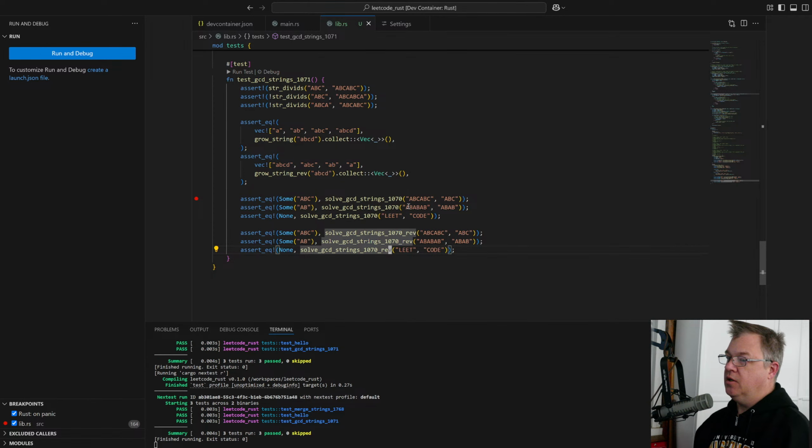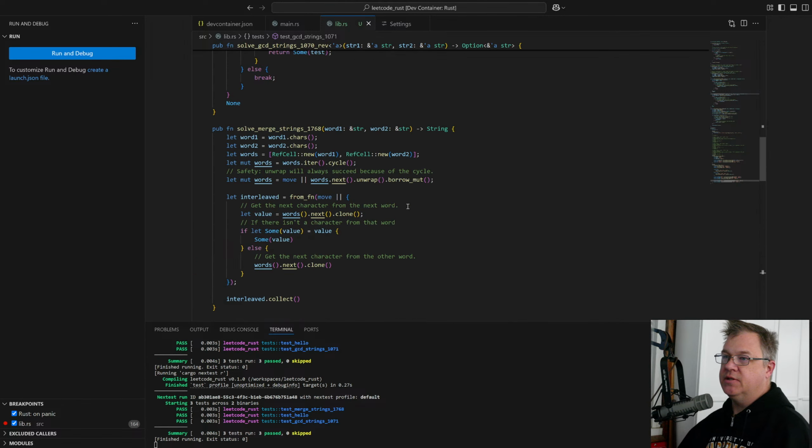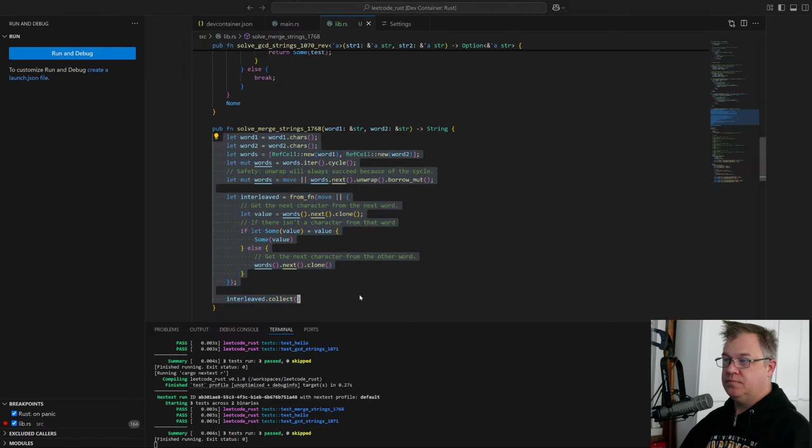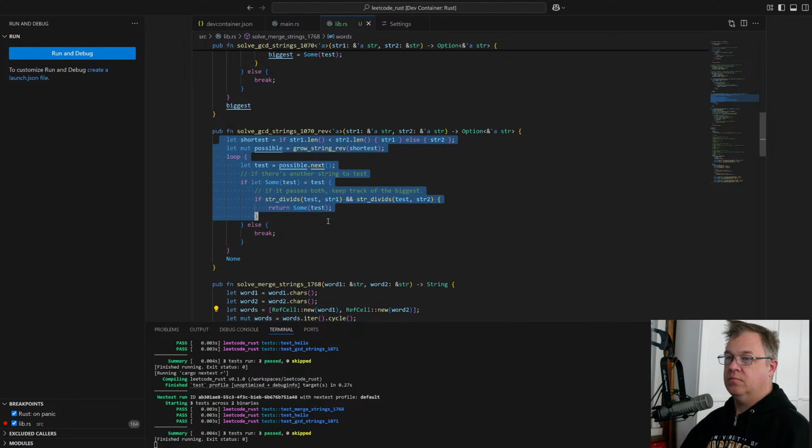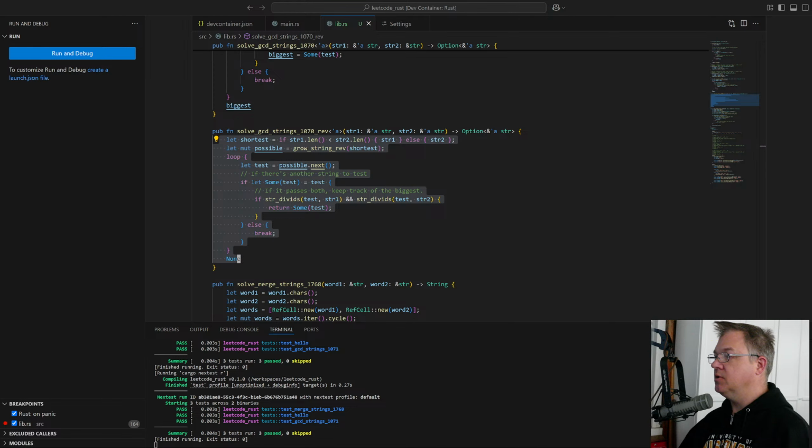There we go. So I'm sure that this is going to be like the fastest that we can do. But let's paste this in here. So here's the version that is reversed. I'm going to shrink this so I get more space.